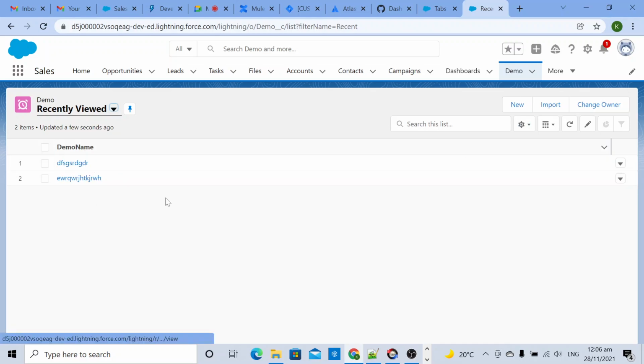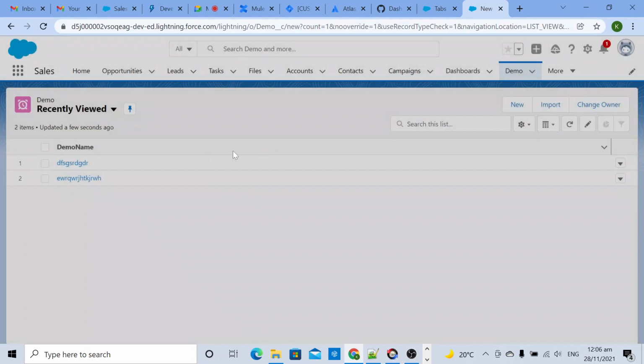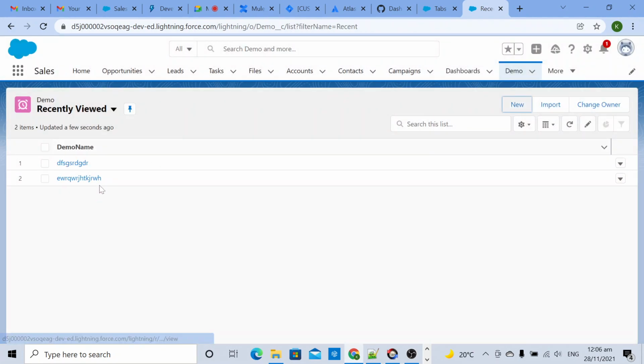Now we have inserted a few data, so you can see few records. If you want to create new, click on New and you can create data here. At this moment I can see only the demo name, but I want to see more fields here.